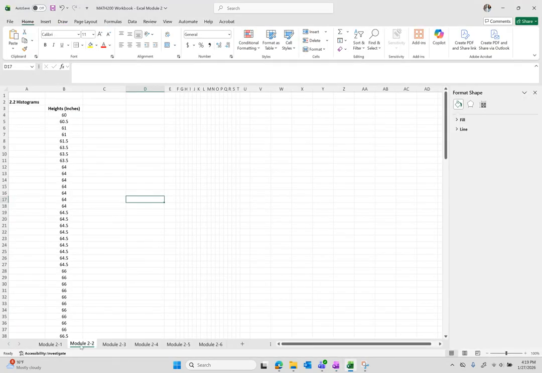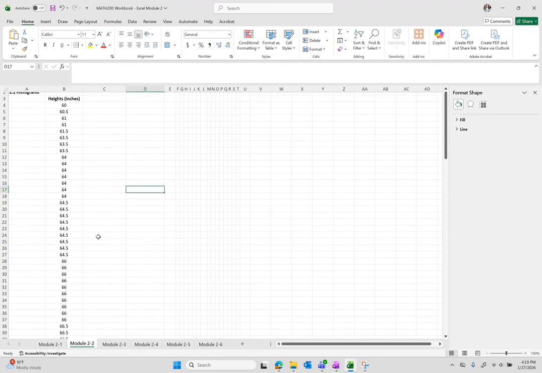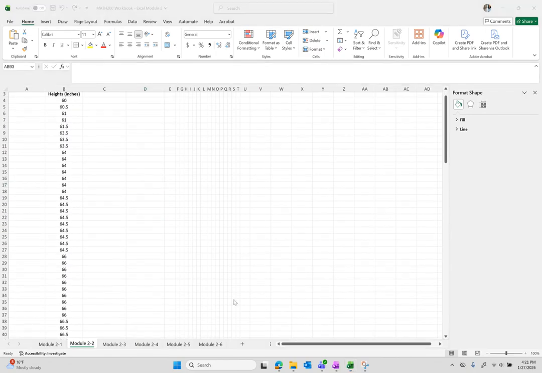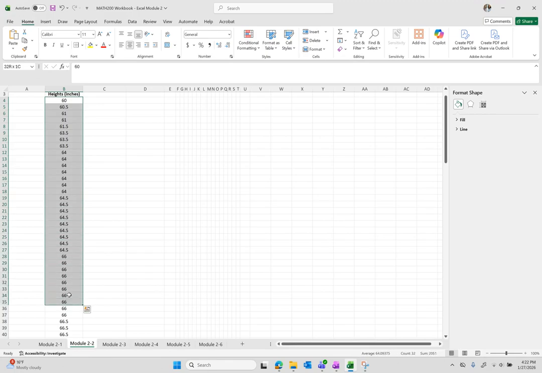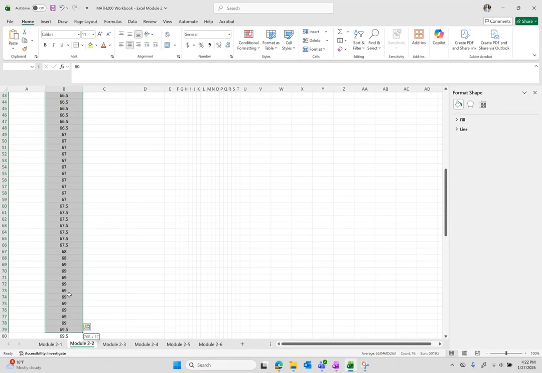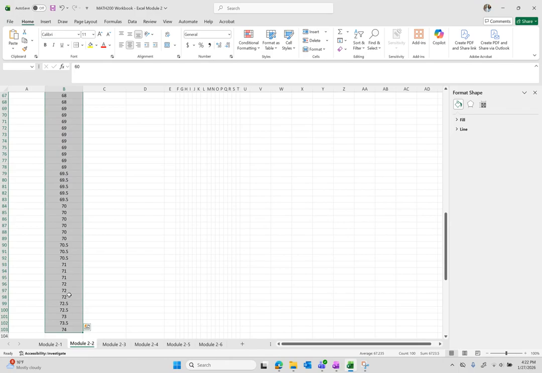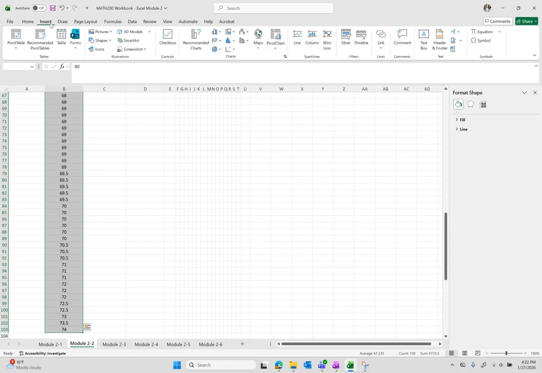So in Excel, if you go in the Unit 2 Excel file and in the tab Module 2.2, you have here in the beginning the heights in inches of 100 athletes. So you want to use that data set to generate a histogram. So when we are here, we want to highlight the 100 heights, 99, 100 right here, and we want to insert. And if we insert a histogram here,